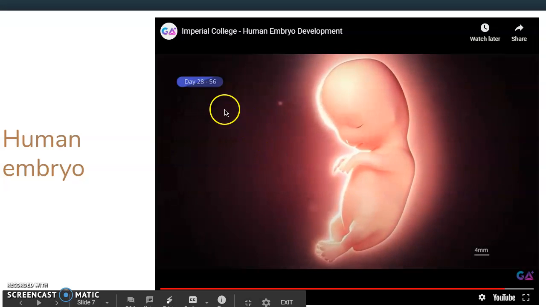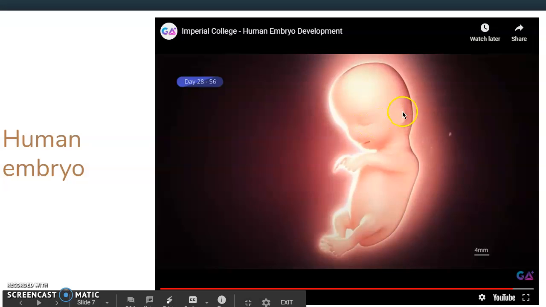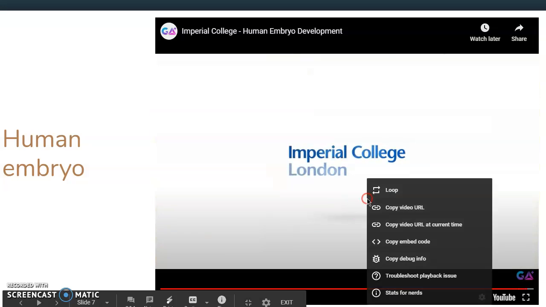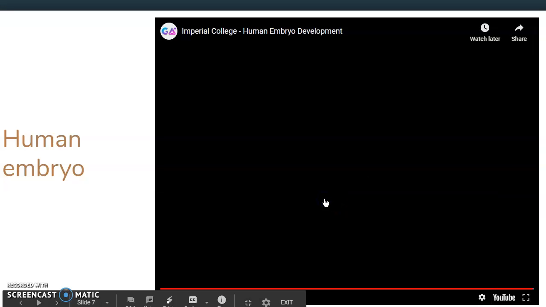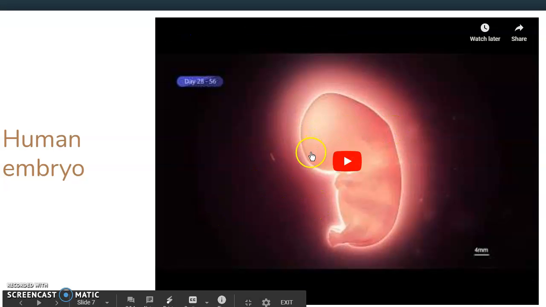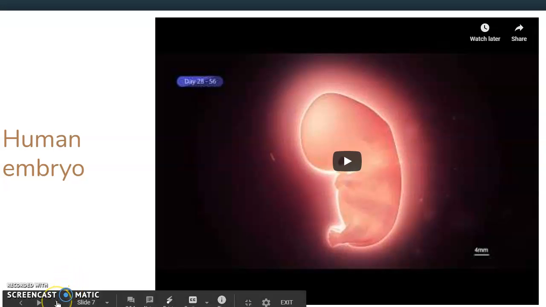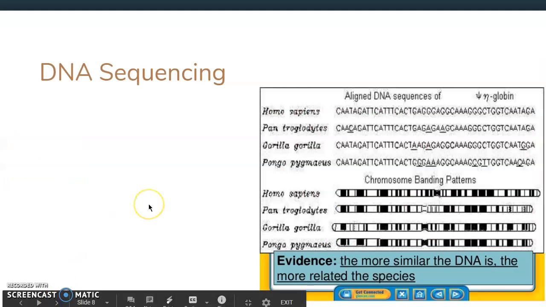And then we start getting more human-like. Our head starts to shape and grow until we get our more human-looking idea. But they all start very similarly, and really only in their last little bit do these embryos take form into looking like what they truly are on the outside. All right, our next